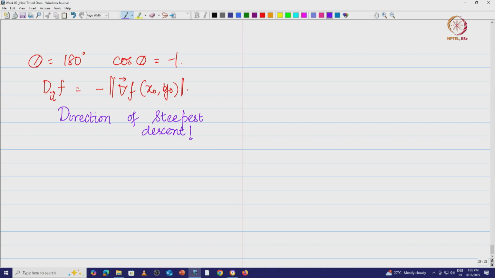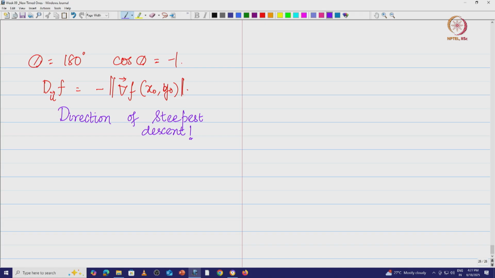And that is exactly where our idea about the gradient descent algorithm comes from. We do not look in the direction of the gradient, but we look at a direction which is opposite to that of the gradient. That becomes the direction of steepest descent when you want to minimize an objective function and so on. So, we just make one more statement and then we will wind up this lecture.